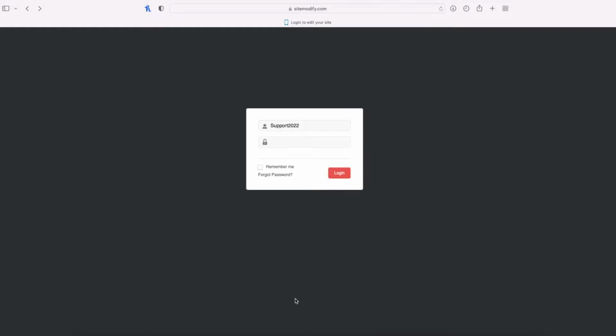All right, so to get to the back end of your site, you're going to go to a website called Site Modify. That is the app, quote unquote, that allows you to log into the back end of your website. So I highly recommend that you bookmark that URL so it's easy for you to jump back in. Once you get to the backend site login page, you're going to put in your username